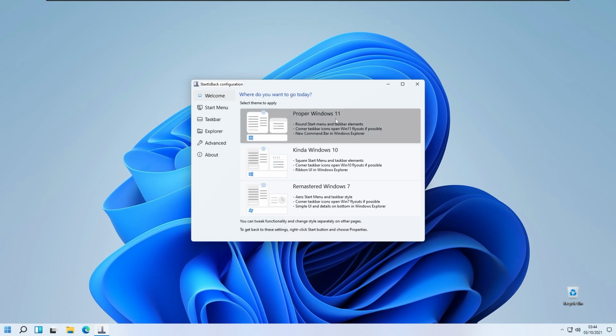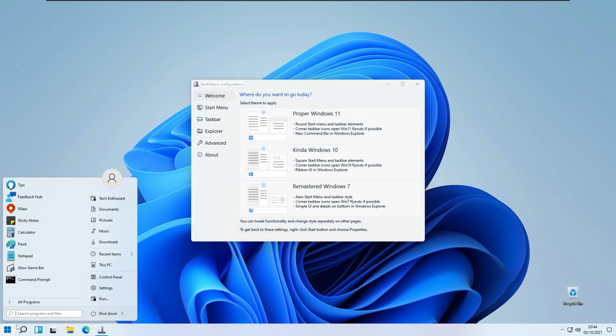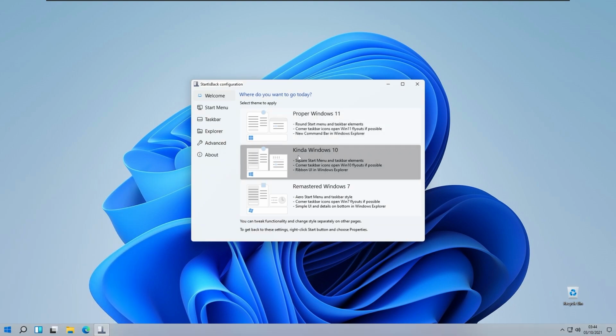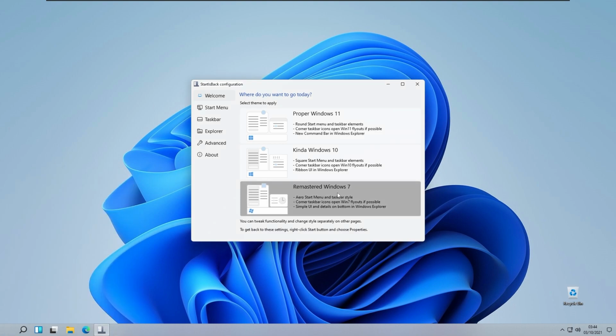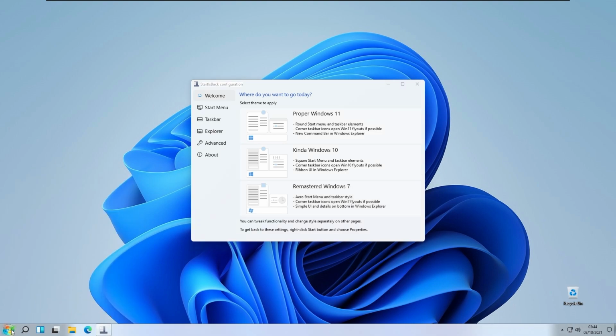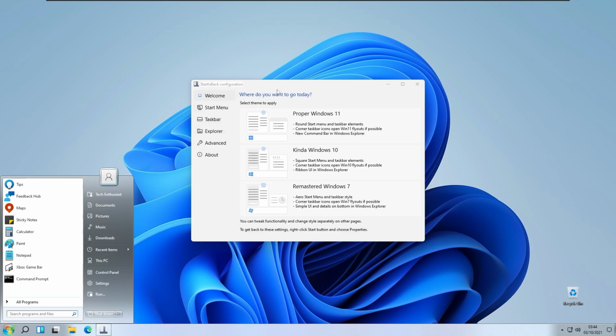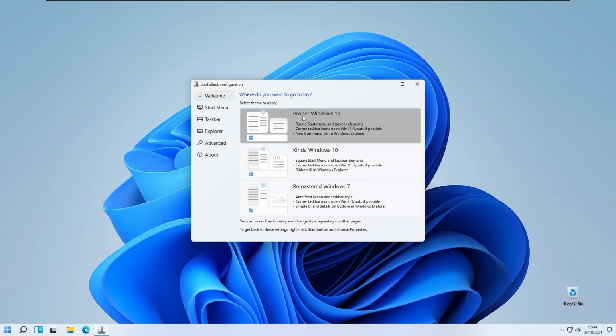So here we have 3 themes to apply. We have Windows 11 theme, Windows 10 and Windows 7 theme. I will show you right now how the Windows 11 theme looks, and it looks like that, really nice and rounded. Windows 10 theme, it looks like that. So this is from Windows 10 version, and also remastered Windows 7, and it should look like Windows 7, and it looks like that with some arrow design from Windows 7. But because we are on Windows 11, I will just use the proper Windows 11 theme for our Windows Start menu